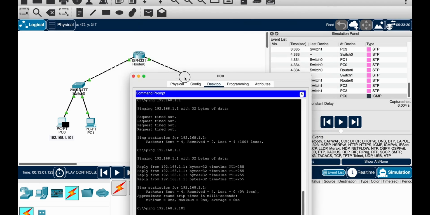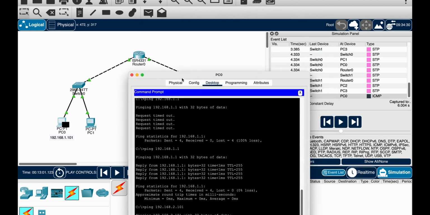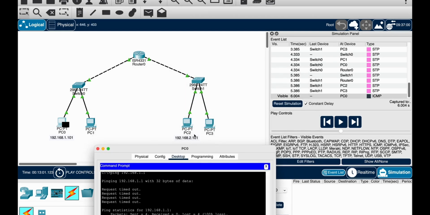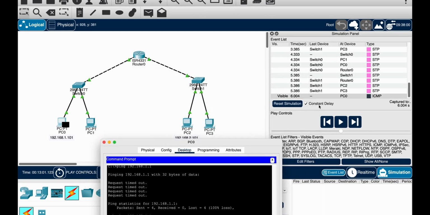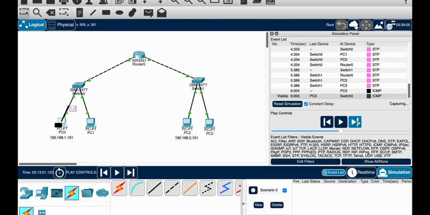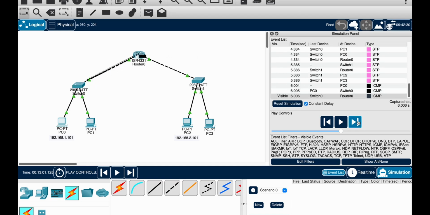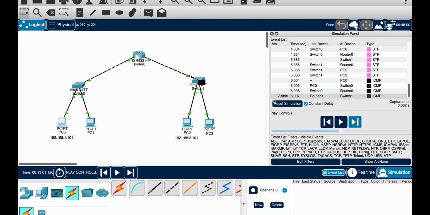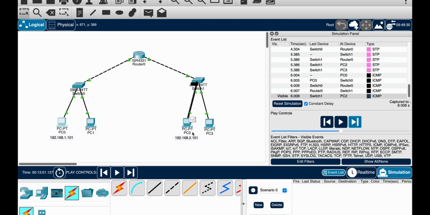But once that has timed out, if you now send a packet, the router already knows the MAC address of this PC2, so this is going to go through properly now. Let's see if that's the case. So another packet goes out. Now there is no broadcast because we know where our gateway is. We go directly to the router, and again there is not going to be any broadcast at the MAC layer because the router already knows where the information is. See, this ICMP packet directly goes out and reaches over here.